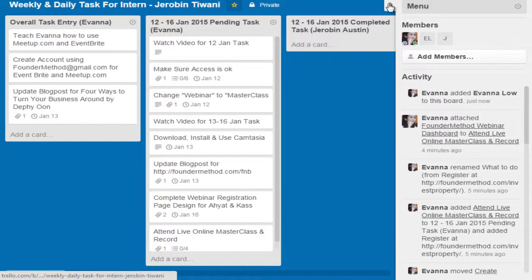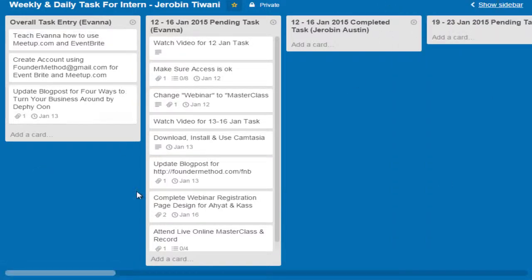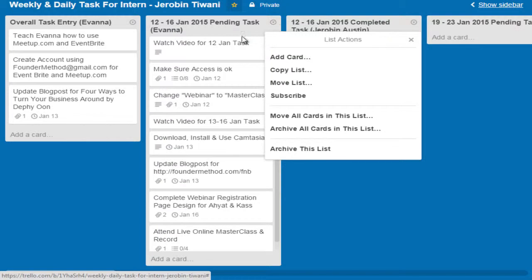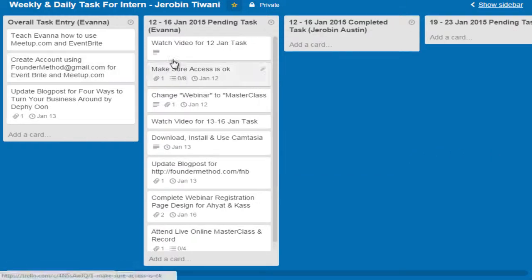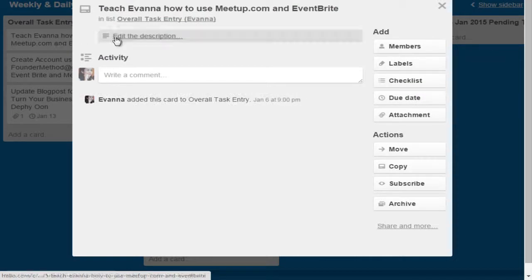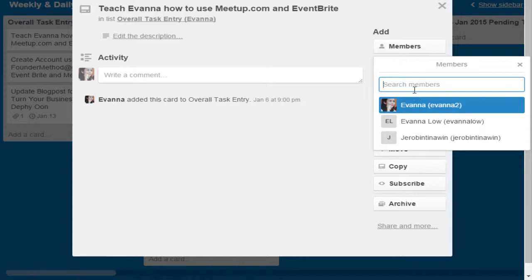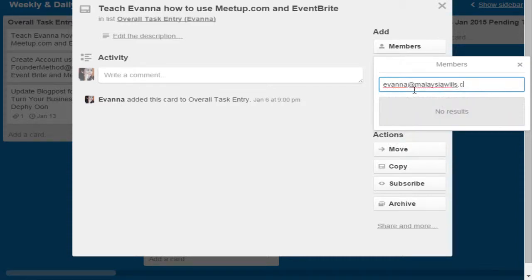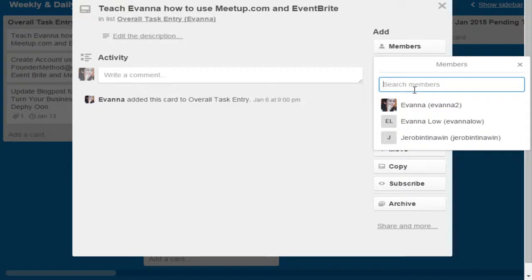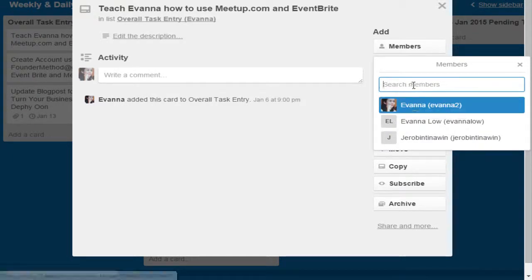You can add the member to the whole board, or let's say you just want the member to see certain things only, not everything. So you go to here, click individual card and add the member. Example, another Ivana. Imagine this is another person. So search member, cannot.